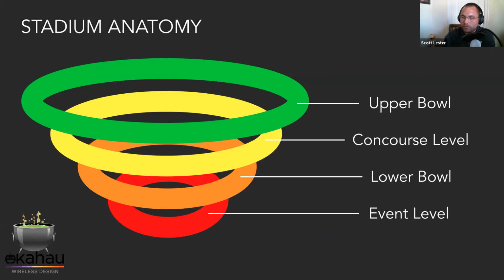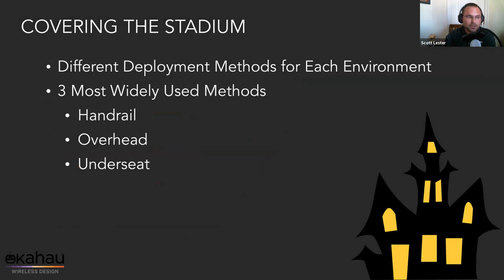So, when we're looking at providing bowl coverages, for instance, there's three, I would say, most widely used methods that come to mind. First off, in every case, no matter what the stadium is, it's just like a wireless design for a building. Even if you had an identical building, the wireless design for those two identical buildings is going to be a little bit unique and different. And each of these methods has pros and cons, if you will, of how they're used within a stadium, when you can use them, and what purpose they serve from a coverage perspective.